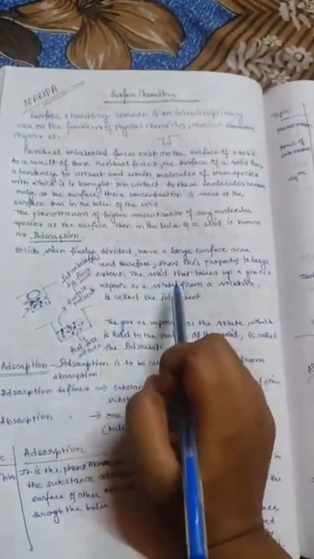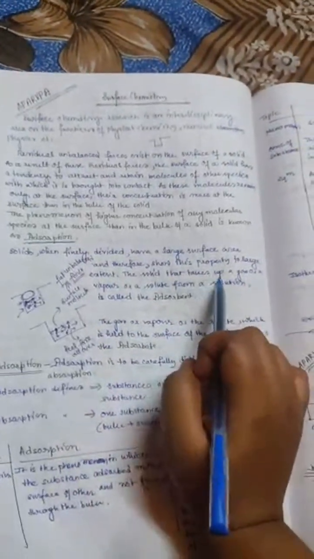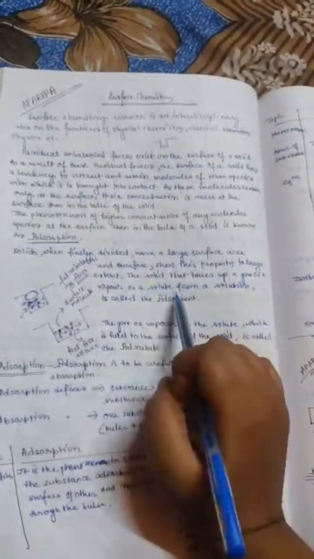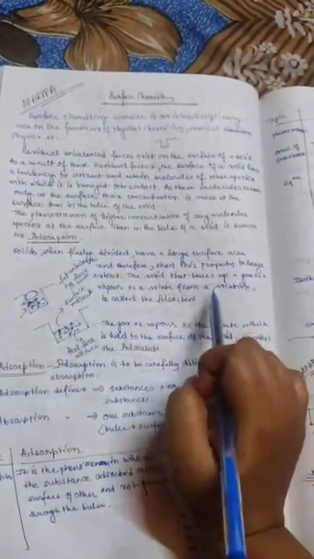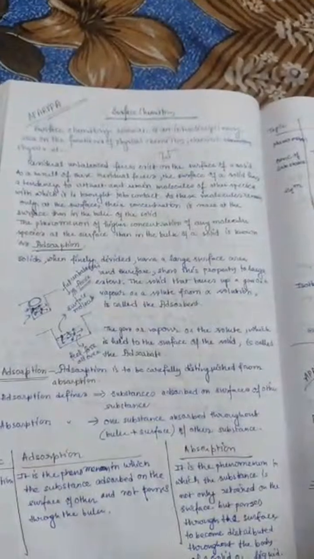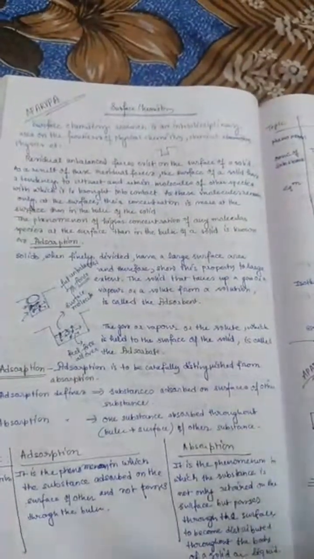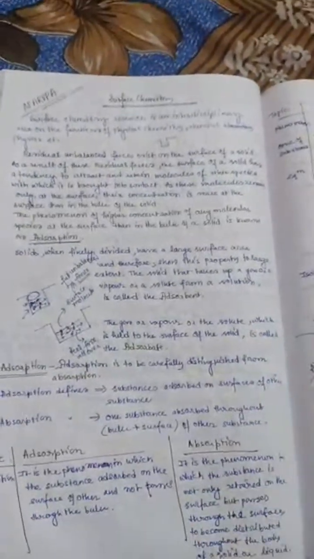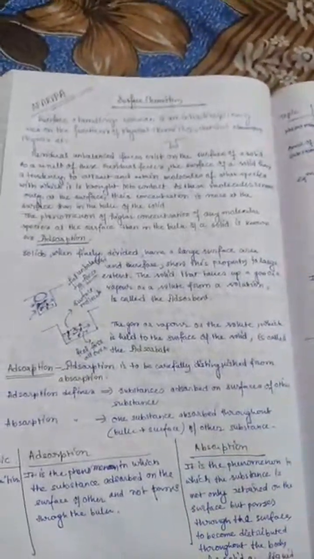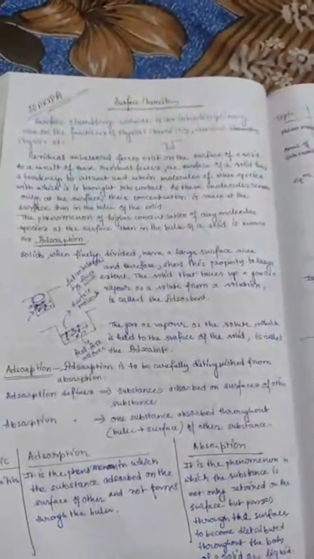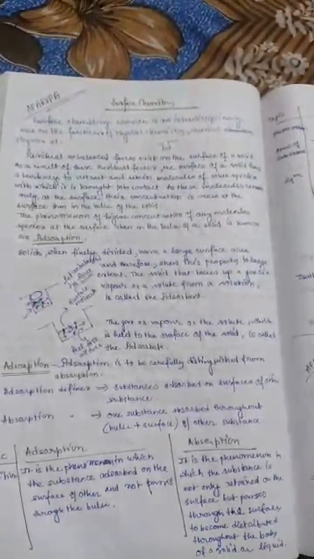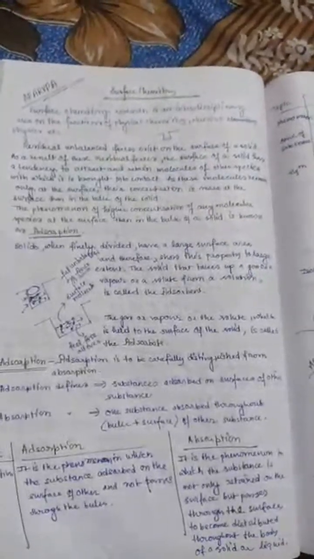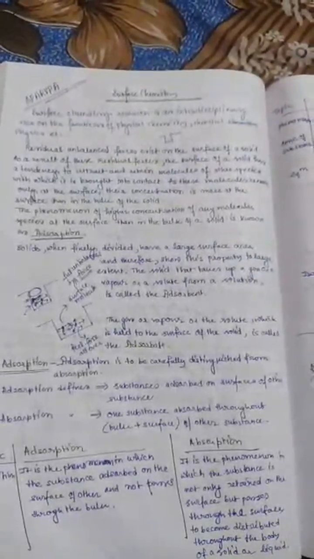Okay, so the solid takes up a gas or vapor or a solute from the solution. By this way, a solid can adsorb gas, solid, or liquid, and this adsorbed gas, adsorbed solid, adsorbed liquid is oriented on the surface area. They all go to the surface and keep accumulating. Okay, so now the point is in which metal this adsorption can take place.